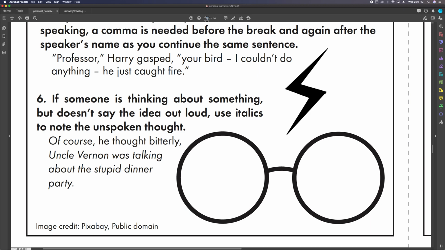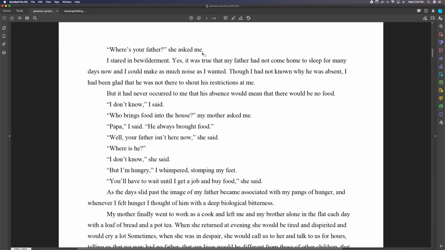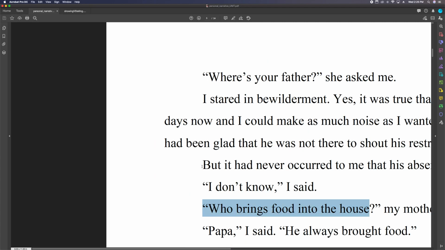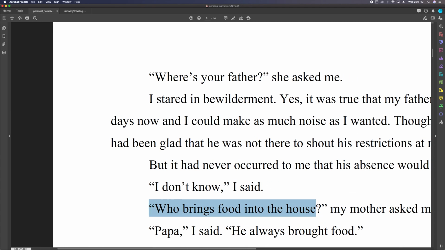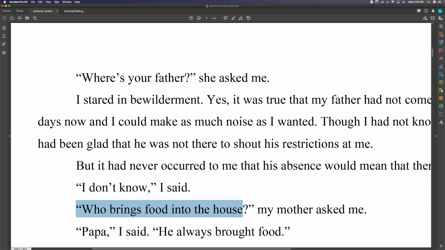So if we go back to page 5, this is from The Streets of Memphis, and I think the thing you'll notice is that in this string of dialogue, Mom says, who brings the food into the house? Let me get this set up slowly as it's happening.